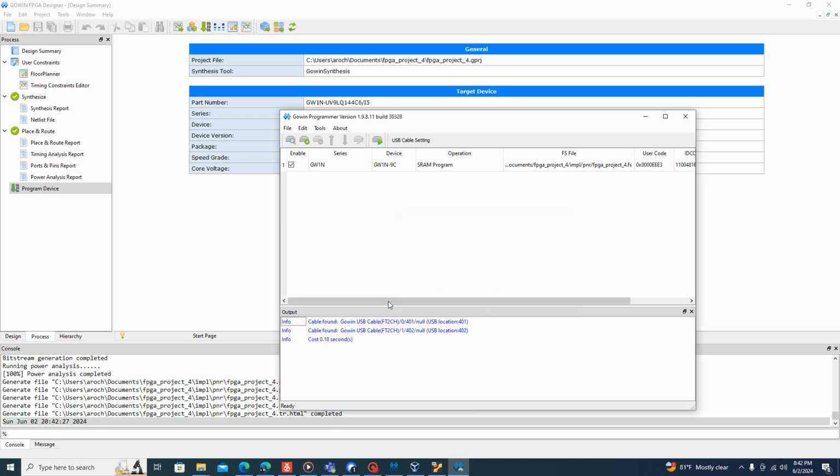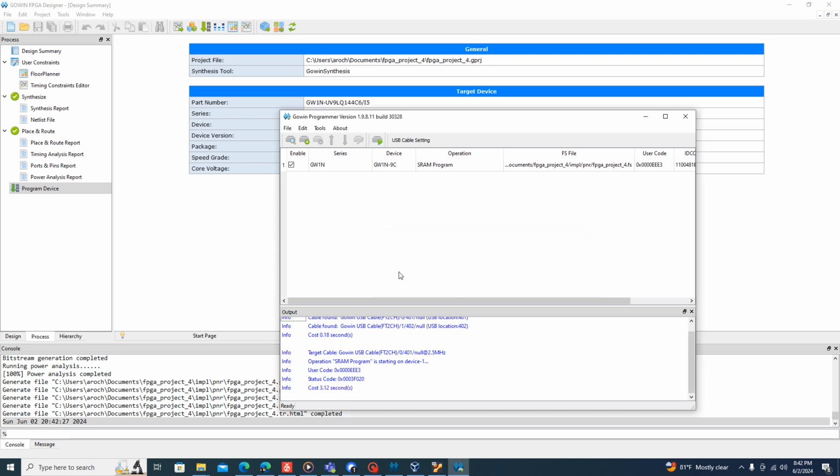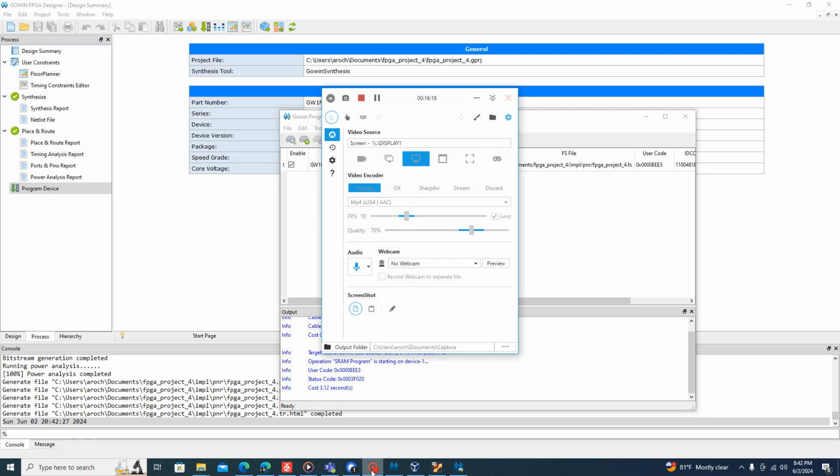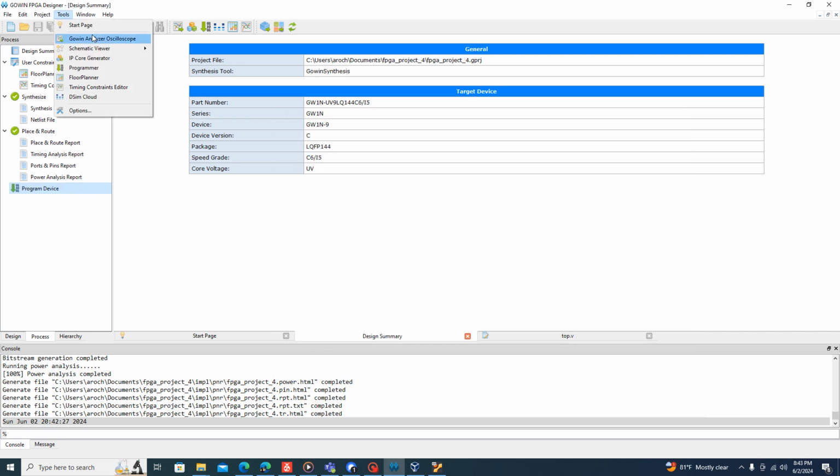Save. And program my board. So there, the board is now programmed. And then you can proceed with using the oscilloscope, which I'll show you now. Tools. I'll do that on